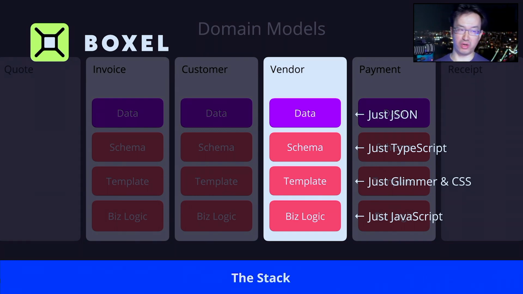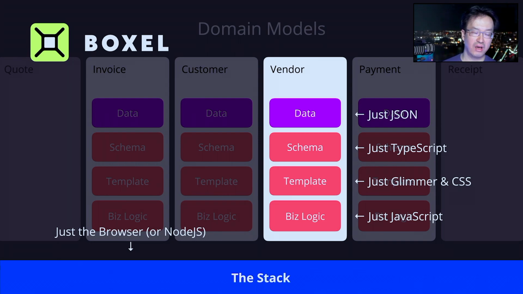And then the business logic, like how do I pay this person, summing the amounts and creating subtotals, is all done in JavaScript, which has the arithmetic features and a lot of nice primitives, so you can express everything in Excel, except as a web application. The only thing you need is to run these domain models of different types of Boxel, vendor, payment, receipt, on top of this common stack, this runtime that runs in your browser, so it can be entirely on your own machine. You don't need to depend on any hosting company, or you can choose to host it so you can have access to it if your computer is off, or it can automate certain actions while you're not at your desk. Now, the stack itself is quite complicated, right?